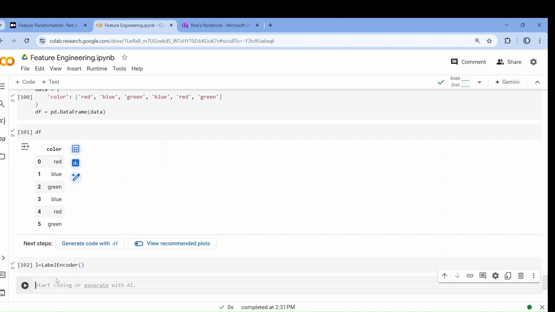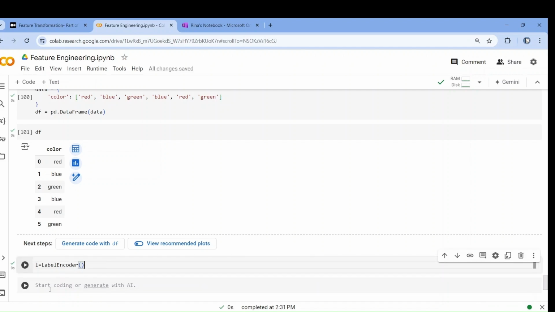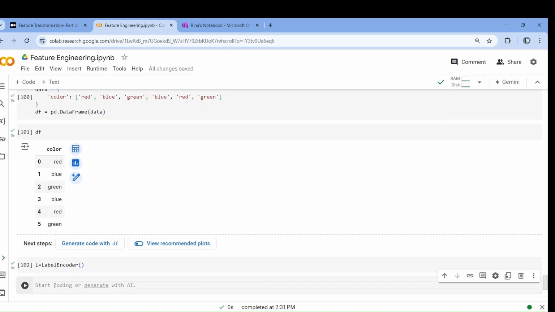Now I will create a column df column name encoded underscore color equals to L dot fit transform on color column. Now if I run it,